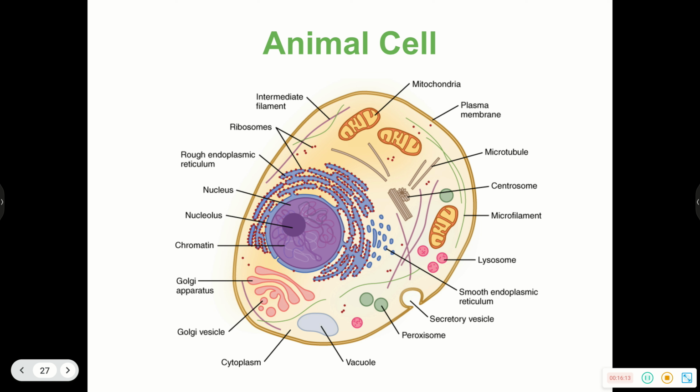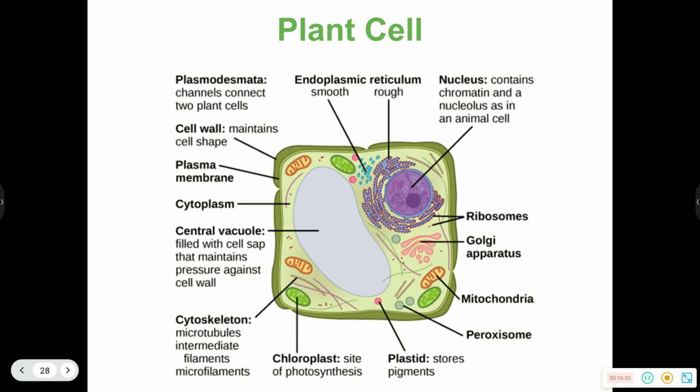You have the secretory vesicles, which sometimes the cells will use to either bring something in or take something out, and usually it's something of a larger size that needs to come in. And we'll talk about what those types of bringing in and taking out are. And then plant cell, you can see more square in nature, a central vacuole. This, to be honest, in a plant cell is probably one of the most important organelles in the plant cell